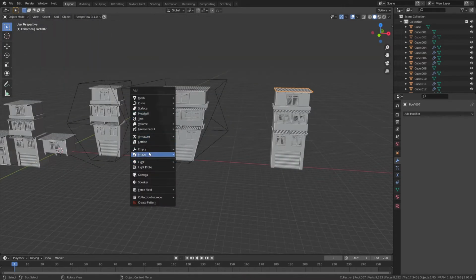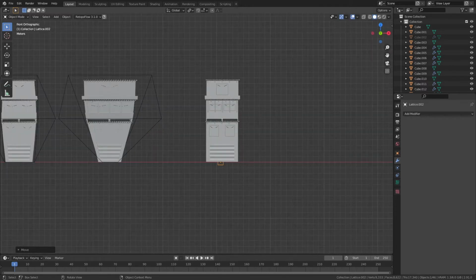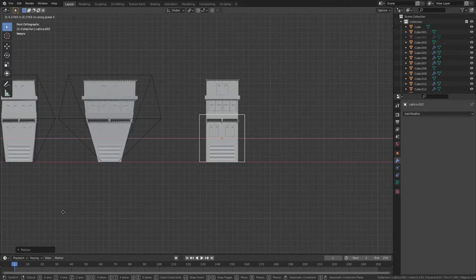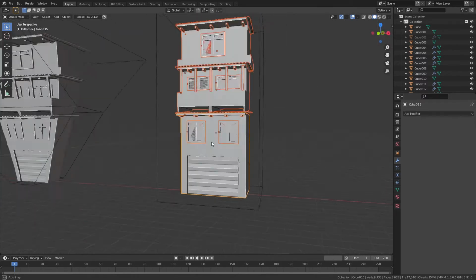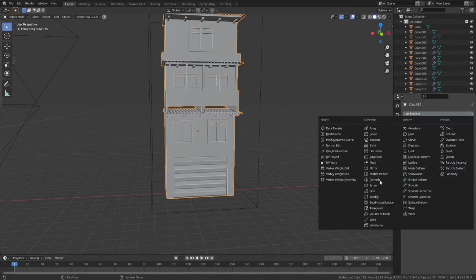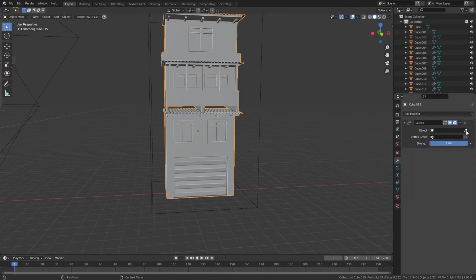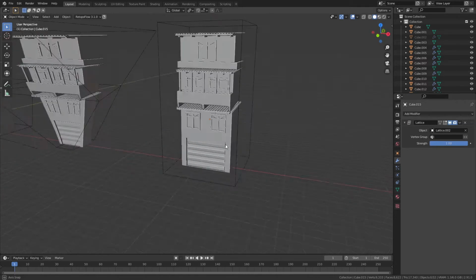So we add a lattice modifier, as you can see here. Scale it up to fit the object that you want to stylize, basically. Like this. Then the object has to be one whole single object, so I'm gonna join everything together like this and add a lattice modifier to the object that you want to stylize. So like this, and then select the lattice that you want this object to be affected by,